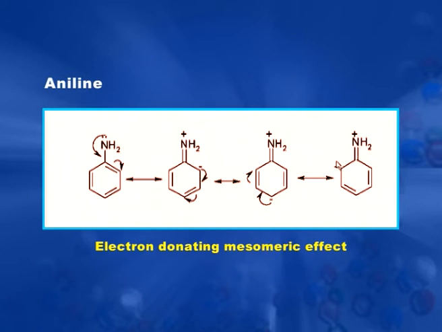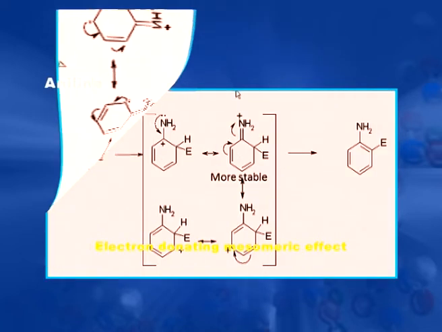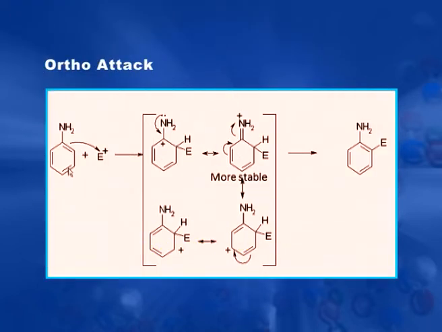These two negative charges are on ortho and here the negative charge is on para. So, the electron density of the ring increases, but it increases more on the ortho and para positions, and we can see this in their attack also. If we see the ortho attack of an electrophile, instead of 3 here we are getting 4 resonating structures,